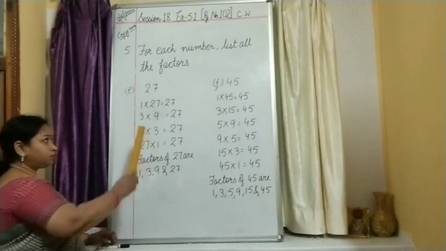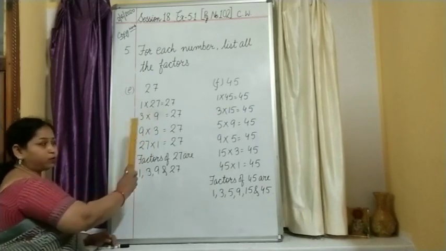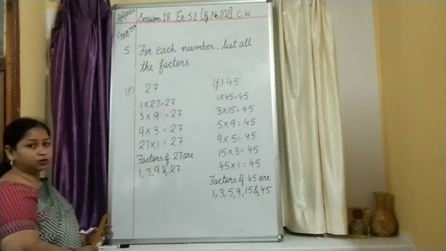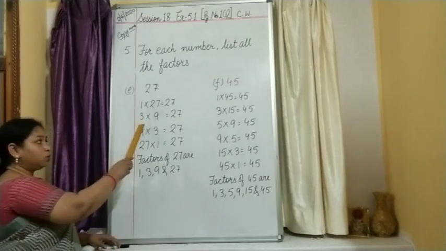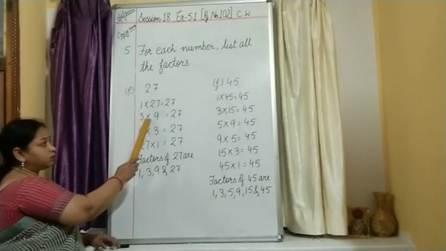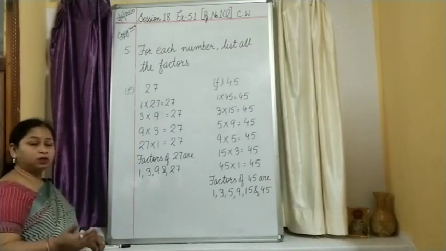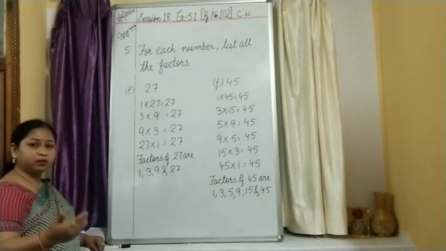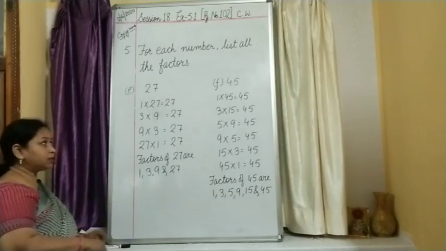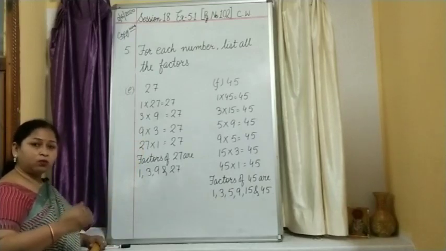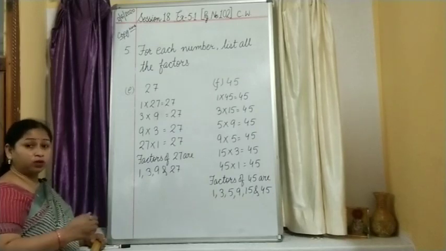Okay. We start with 1, as 1 is the smallest factor. So 1 multiplied by 27, you will get 27. In the table of 2, do we have 27? No. So we move to the table of 3. 3 9s are 27. Then if you go on searching the tables, the next table 4, then 5, then 6, then 7, then 8, and when you find that you are not getting this number, till you get that number, you have to search each and every table.